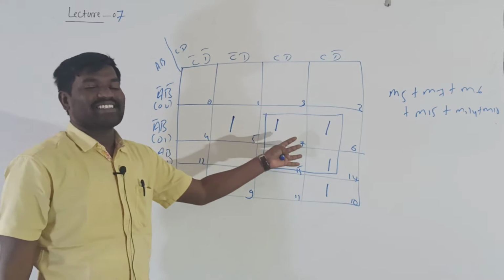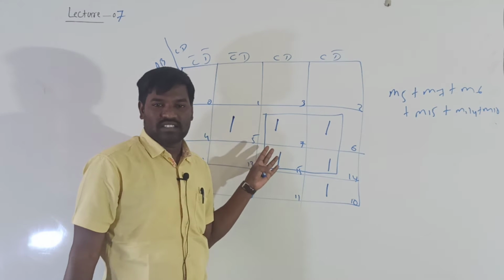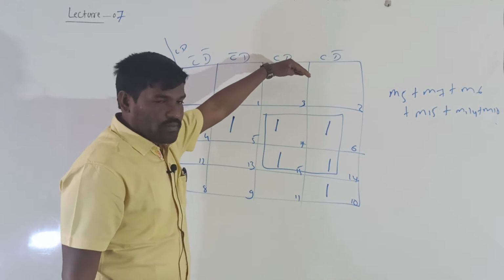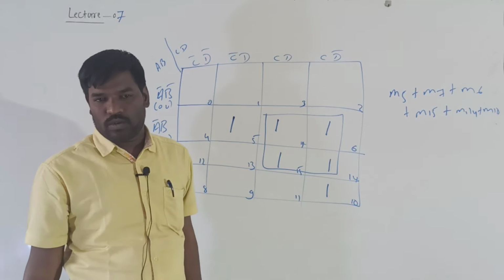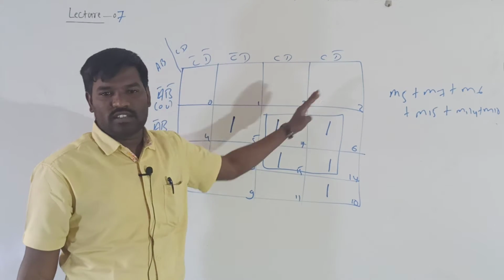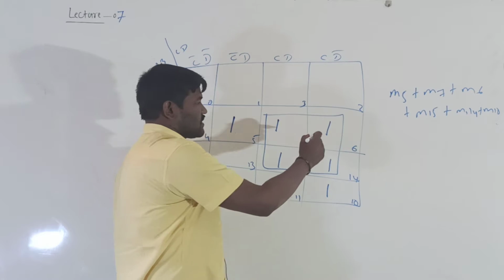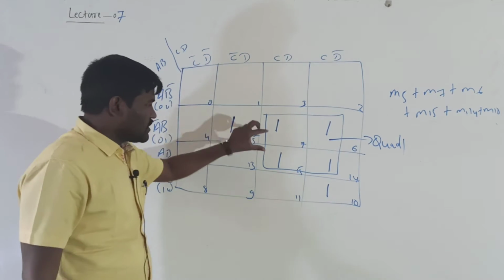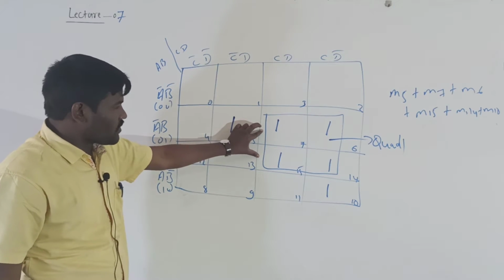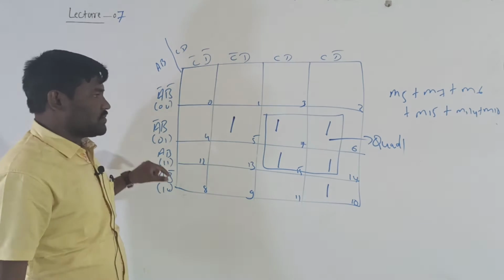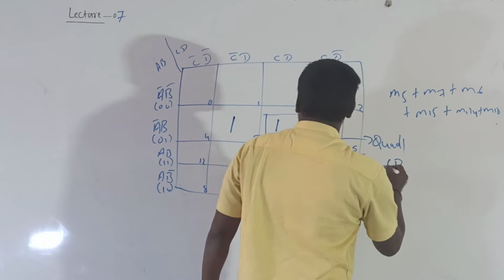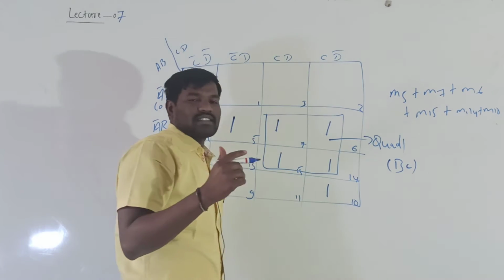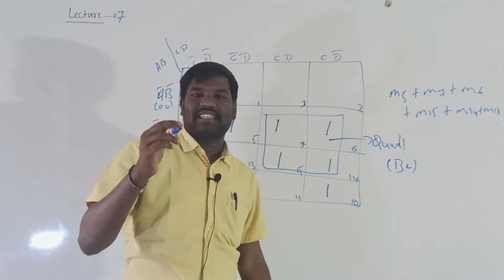Quad means 4 adjacent ones, side by side, or from first row and last row, or first column and last column. Okay, so this is the quad. See here, in these 2 rows the common term is B, and in these 2 columns the common term is C. The first quad gives the result as a 2 variable term, that is BC,